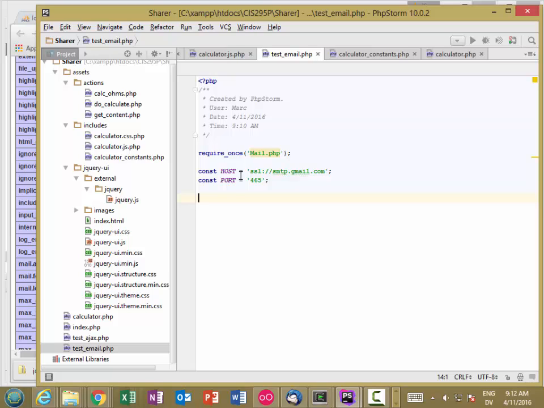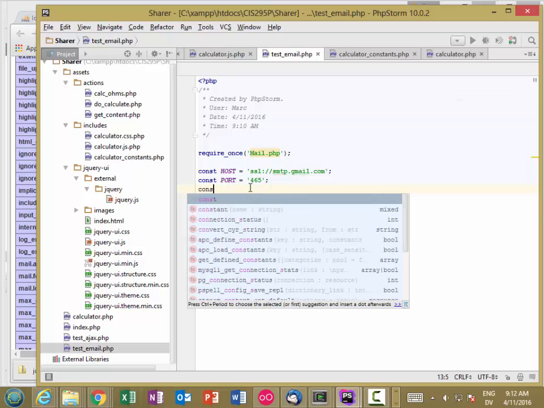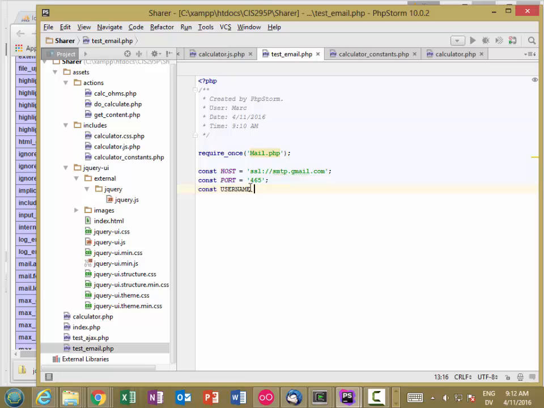I also need the username and password. And so the username is going to be my PCC email address. And the password is going to be the value that I just entered into